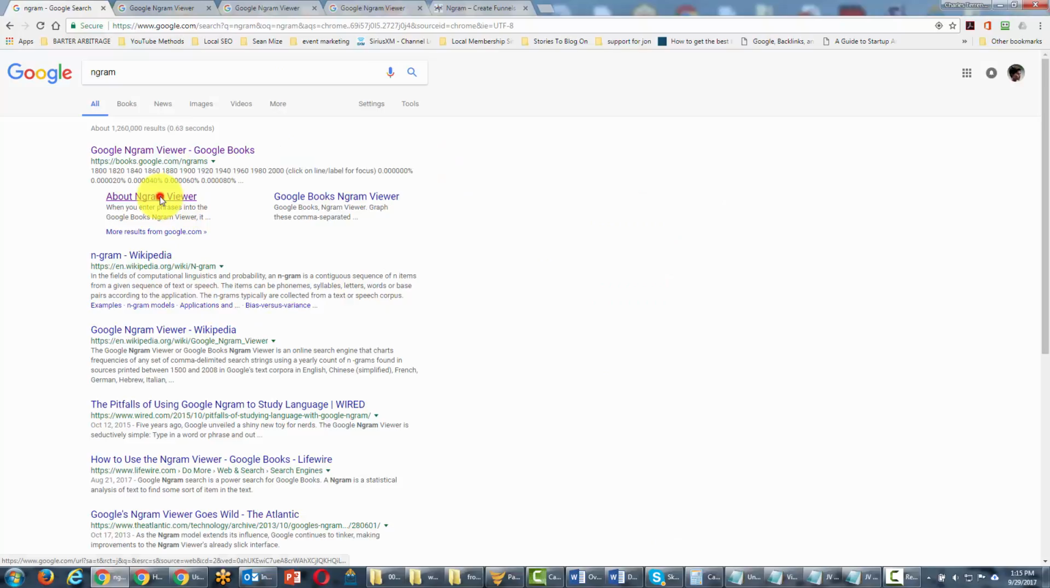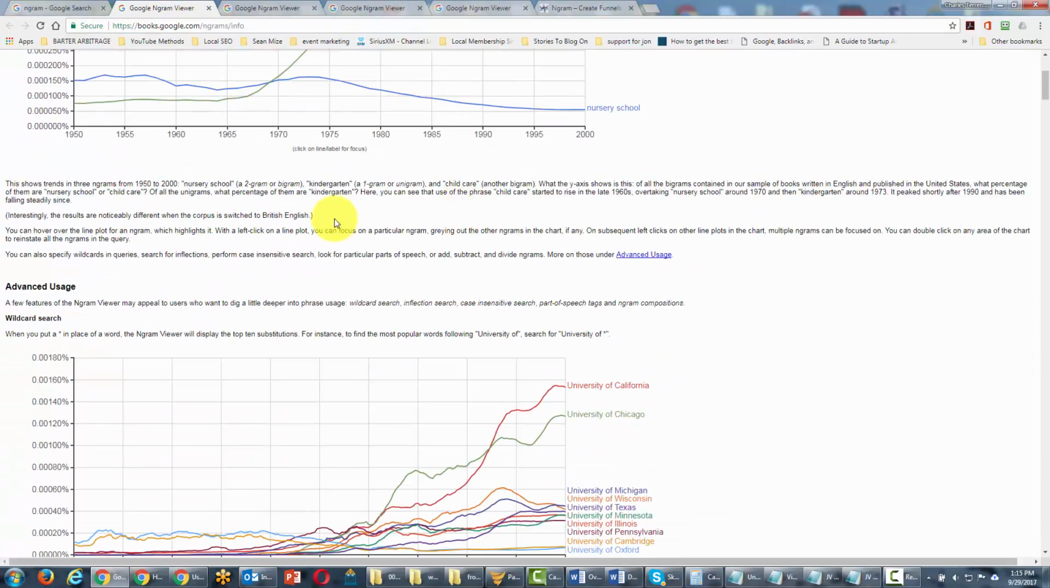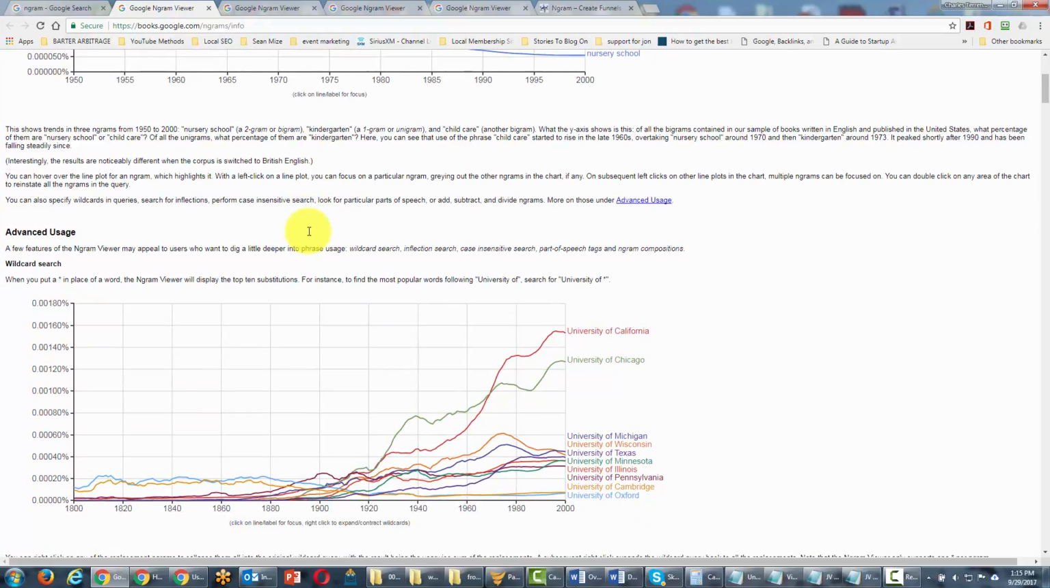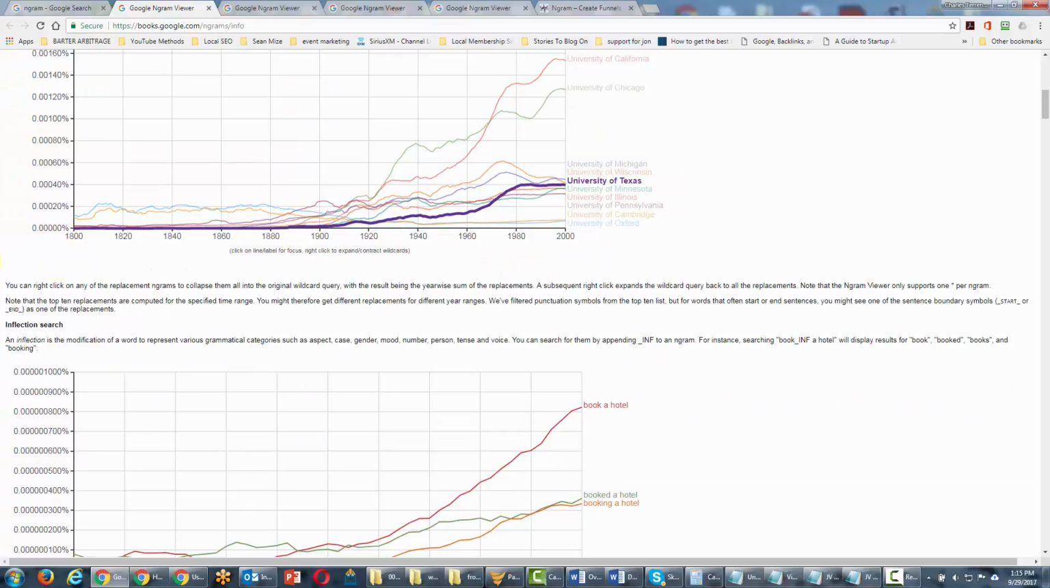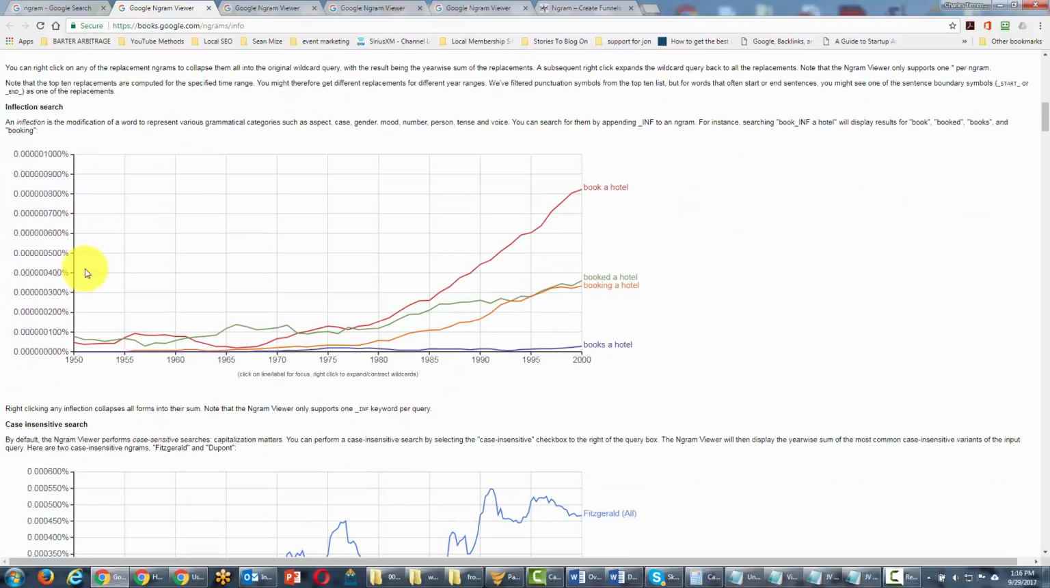And when you're looking at Ngram Viewer, if you go into the About tab, one of the things you're going to discover is that Google Ngram actually has its own set of search terms. And so you want to make sure that not only are you using the search operators that were discussed in the first video, but that you also look specifically at those that are going to work inside of Google Ngram